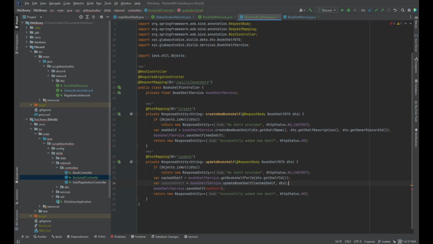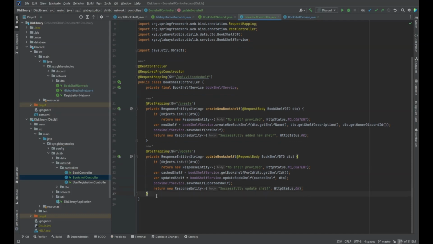Done. Now, once we're done with this, we're now going to be making a call to save this successfully updated shelf. There. Now, next, we're going to be making a get request. So this one here is going to be tied in with the getting the bookshelf. So in here, we're going to go ahead and make this a get mapping, and this one is going to be,